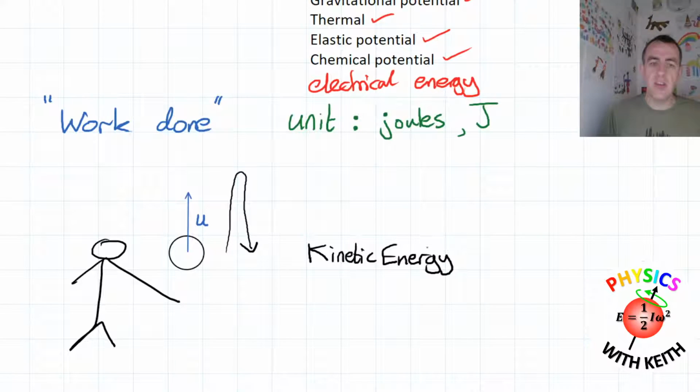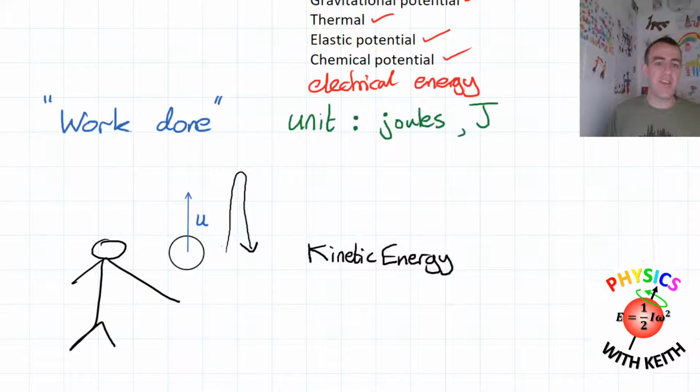Where is 0 gravitational potential energy? 0 joules. Where does the ball have to be for it to be 0? I'm afraid we're not going to answer that question until year 13. And the answer may surprise you. I'll tell you the answer now just because it confounds people, but please don't get worried about it. The only position where the gravitational potential energy is 0 is infinitely far away from all mass. But you'll do that when you study gravitational fields in A-level physics. So for now, please don't worry about that.